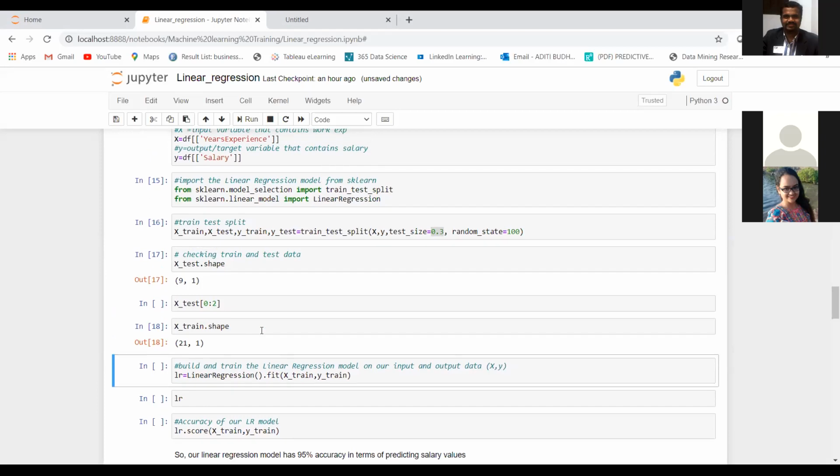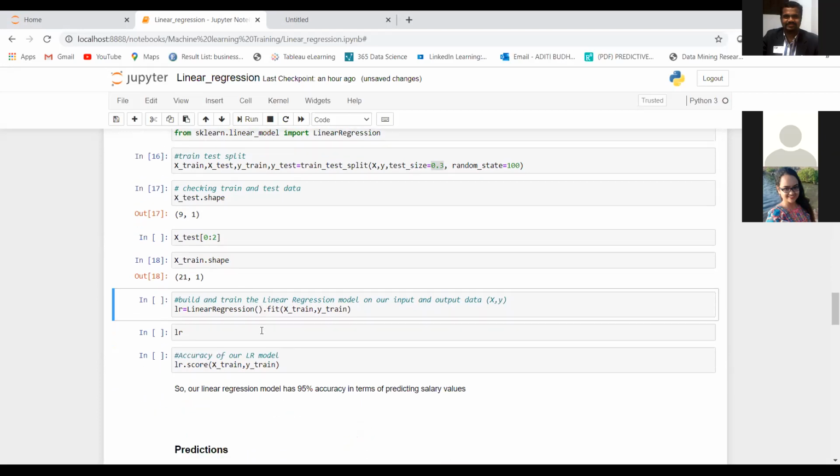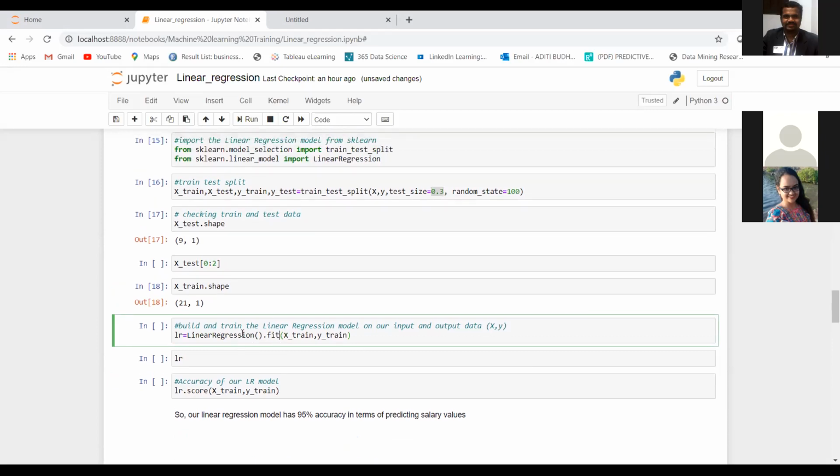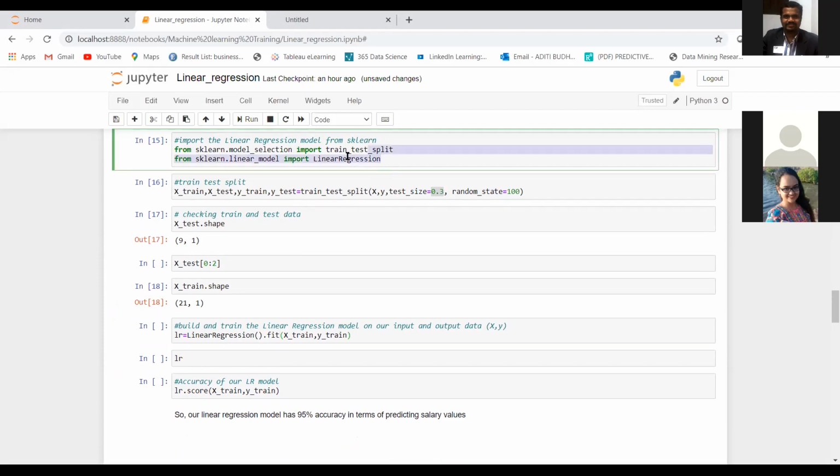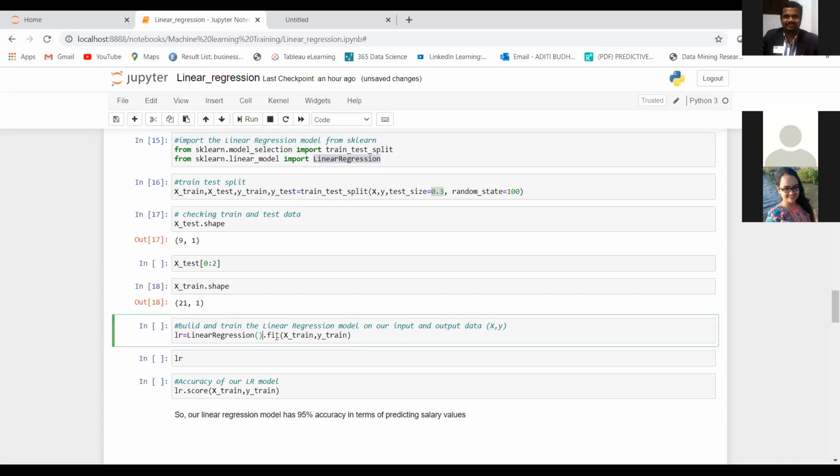So now that we have divided our data into training and testing data set, the next step is to build our model. This is just one line of code over here. Okay, in just one line, your model will be ready. So this linear regression class we had imported from the sklearn library, and then we will use this fit function.